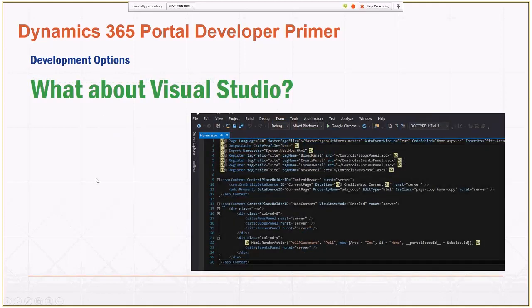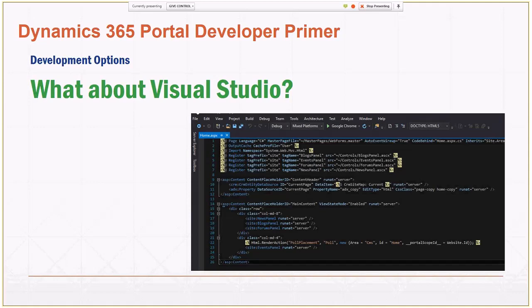Of course, I will touch on that. You heard me mention a few times: what about building custom page templates in Visual Studio? I know that if you're new to portals and you're beginning to look into it, you'll probably come across the ADX Studio website that's still up. There's still a lot of documentation there. And you'll dig into it and see that a lot of the examples they give are actually developing page templates using Visual Studio.